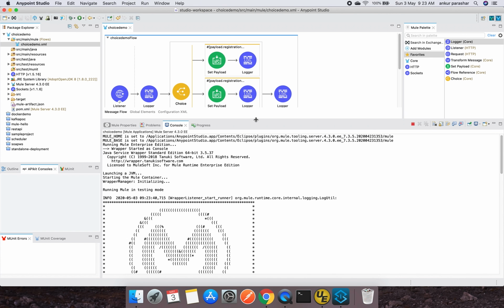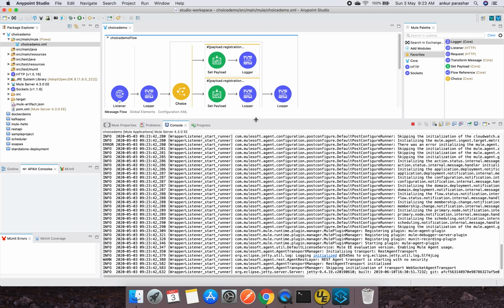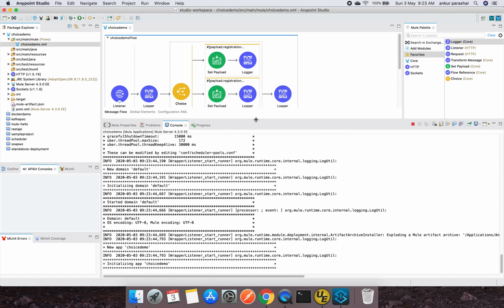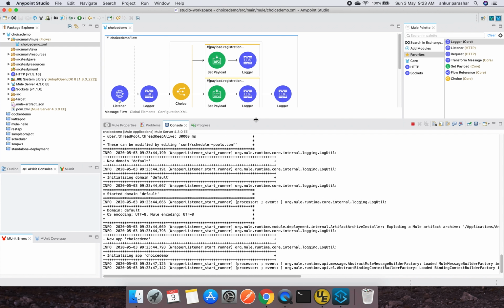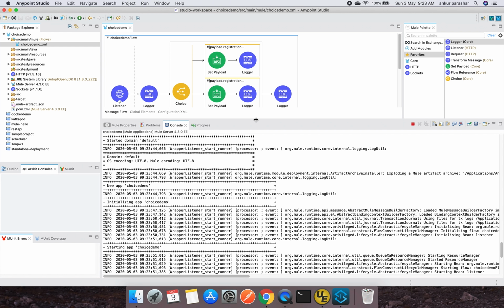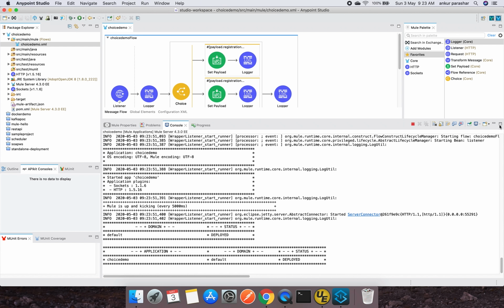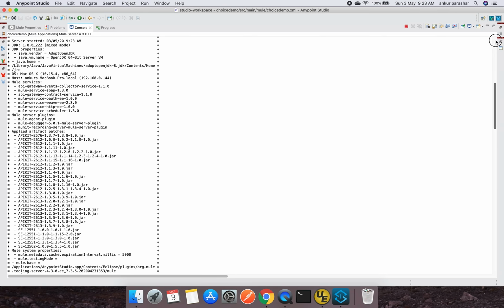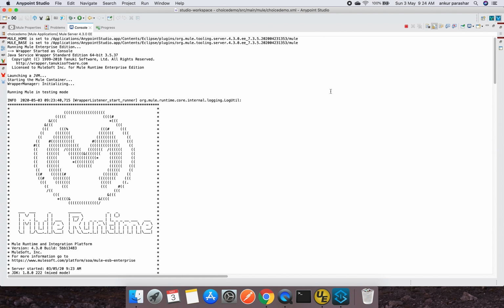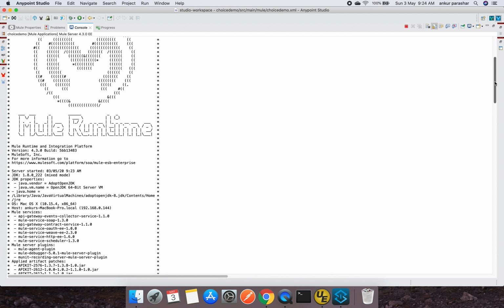We will be discussing a bit about the new 4.3.0 Mule Runtime over here. Let me maximize this window and walk through the available options. Here you can see the Mule home base being set up, 4.3.0, that is the latest one, and after that it is starting the Mule Runtime,